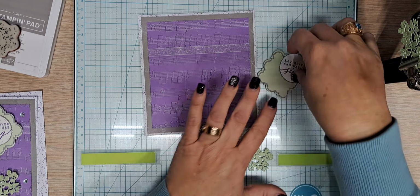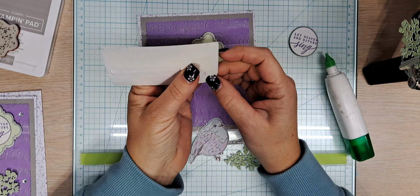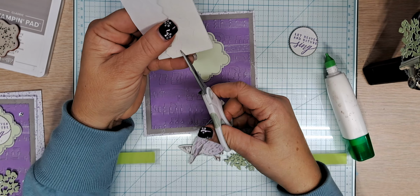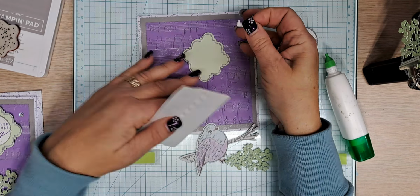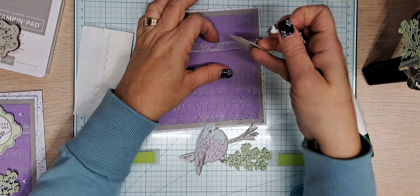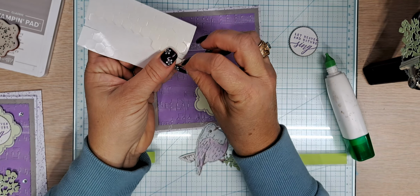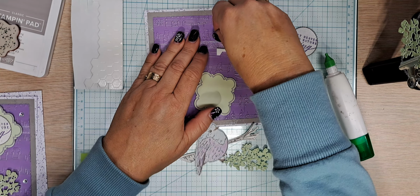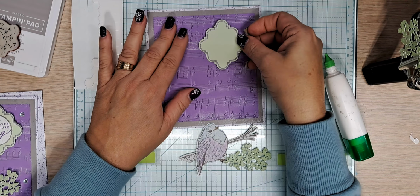All right, so let's put this down, and I know to do that I want just a bit of this, and I'm gonna put it right there. That's all I need are these two little bits. Gonna get it right where I want it. So right here, one above the ribbon, and one little piece below, and that will adhere my handmade tag punch stamped in Highland Heather